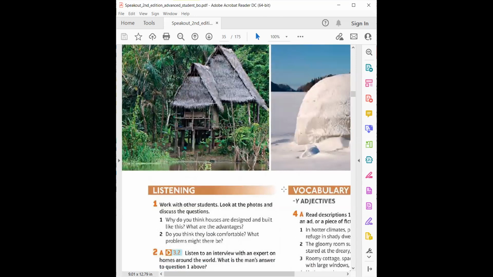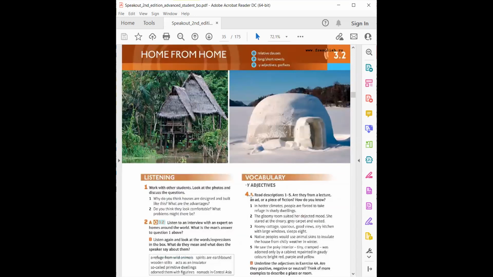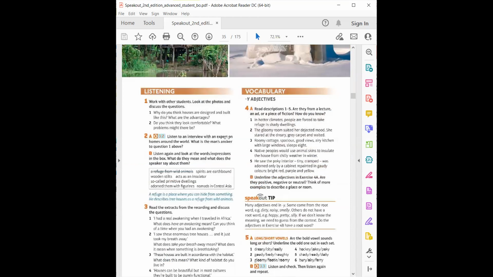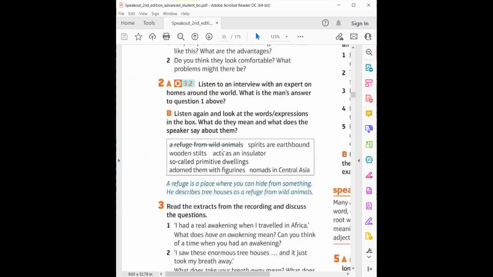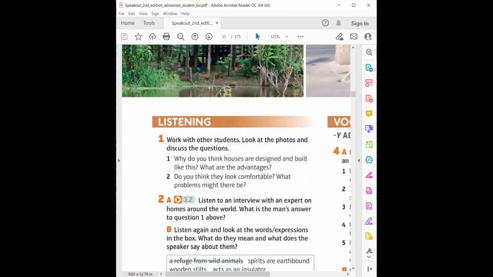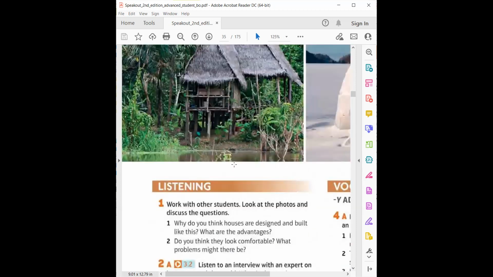Yes. All right, so now let's, we're not going to listen again, but we're going to work on these phrases together. So you just listened to the recording, and he used these kinds of expressions. Let's work on them one by one. A refuge from wild animals. What's the meaning of that? I think to protect themselves. Yes, a place to protect themselves from wild animals. And he even mentioned mosquitoes, and that's why they built their houses like this up there.